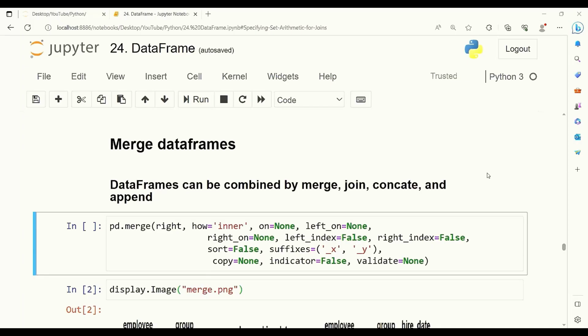Let's get started. We can combine data frames in Python depending on how we want to combine them, either vertically or horizontally. Different methods like merge, join, concat, and append can be used. In this part, I'm going to talk about the merge method, in which we combine two data frames side by side. The Python syntax for the merge method is pd.merge, along with different arguments, which I'm going to explain one by one